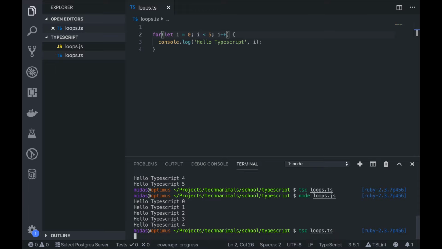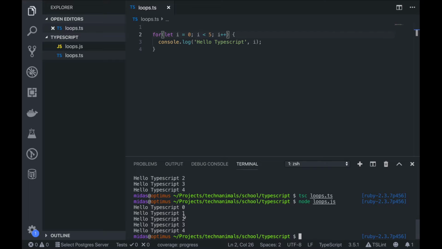And then same thing. There are actually different ways you can do this. You can choose to start i at 5 and then decrease the value of i. So let's look at that. Let's say I want to start at 5, and then I want to say i greater than